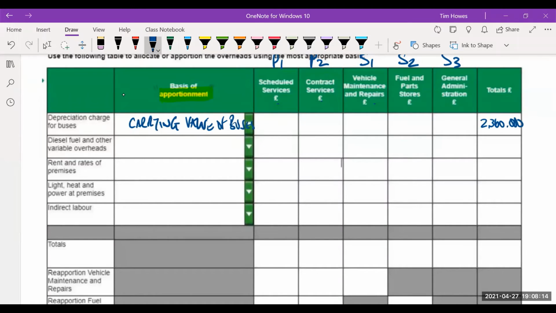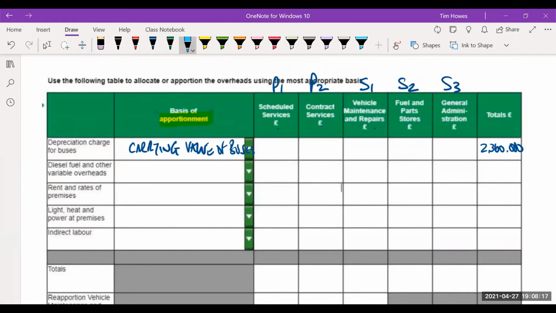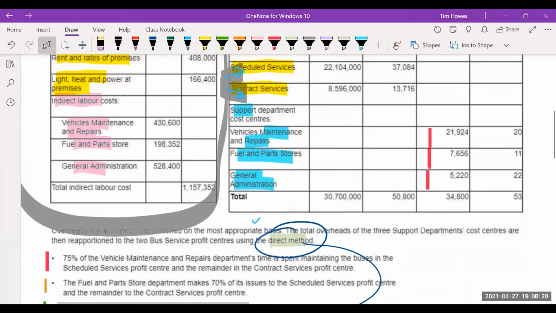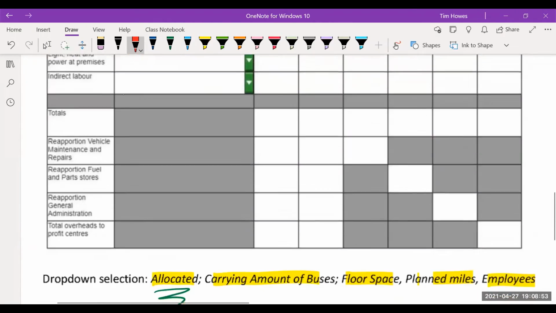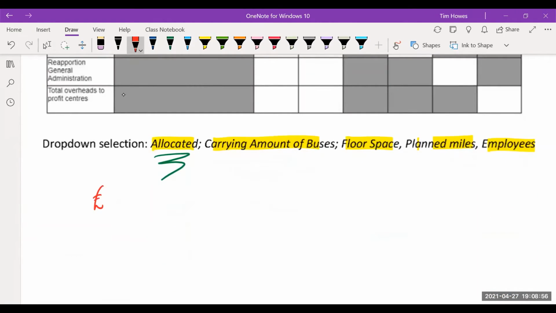But now you'd have to do your computations. Now, I'm not going to scribble every single computation down, but let's just make sure that everyone is comfortable with it. If we're going to do it on carrying amount of buses, this is the total carrying amount of the buses. And you've got this one for scheduled services. In fact, let me call it P1. And you've got this one for P2. So to work out the split of that, some people like to work these out as percentages. Some people don't care for it. Some people just bang out the calculation. So let me get to the bottom where I've got some space and do the calculation.